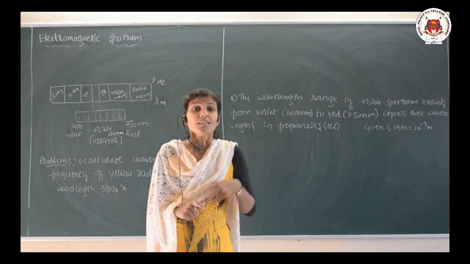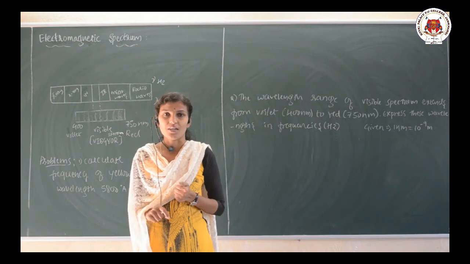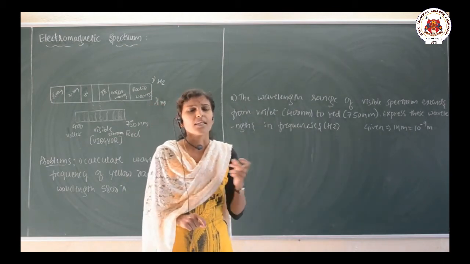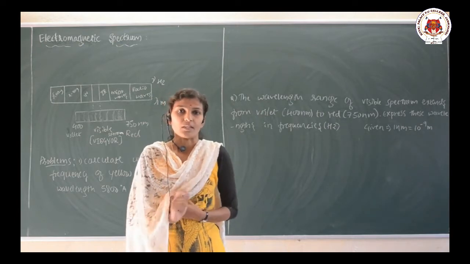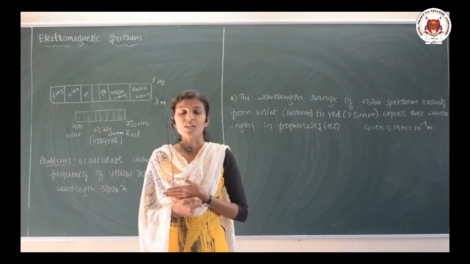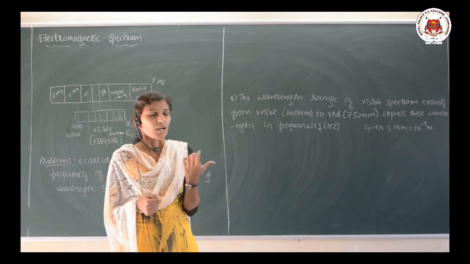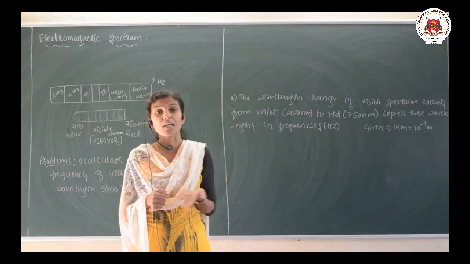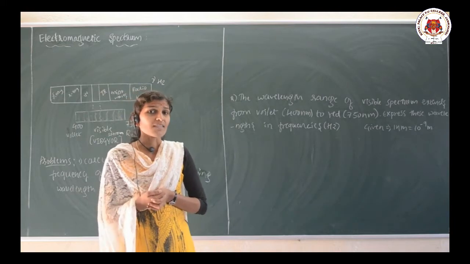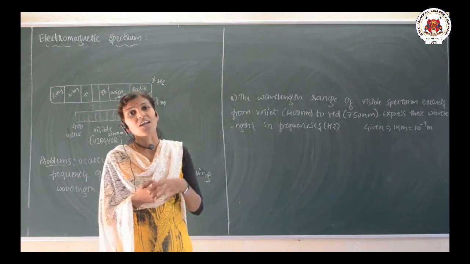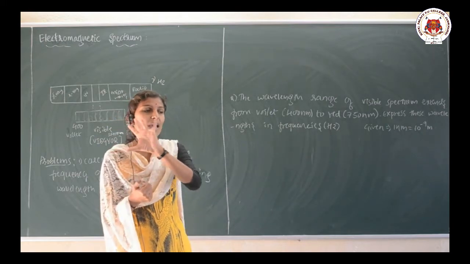These electromagnetic waves are also called electromagnetic radiations. There are several types of electromagnetic radiations, as I already said, and they vary in their wavelength, frequency, wave number, etc. The characteristics will be different. These electromagnetic radiations are arranged in such a way that